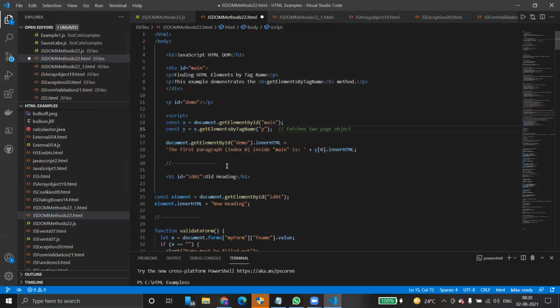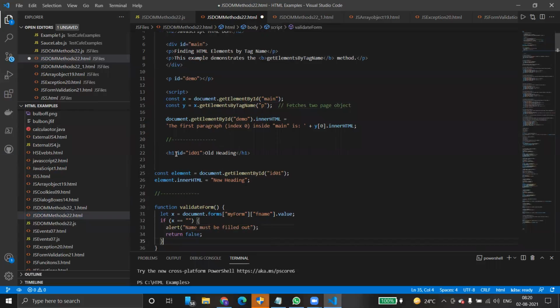After that you can go to one more item. It's a different one, you can ignore it for the time being. We have another header, and we're just getting the value again by using getElementById 01. This time, id 01, and we are assigning a new header to this element. That means take the same element's innerHTML equals, and we are just changing the header.